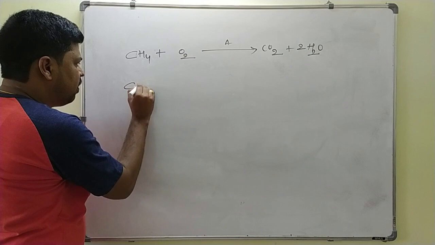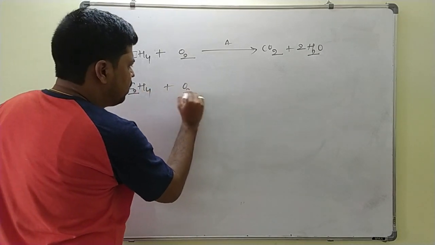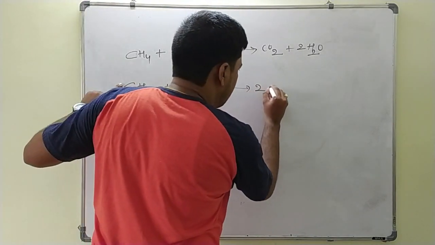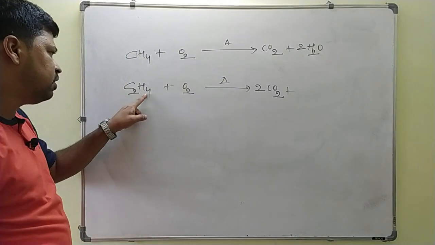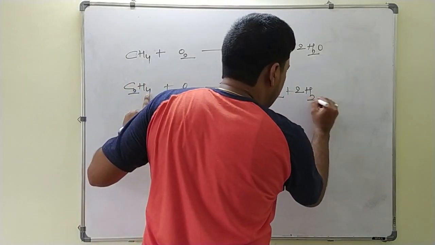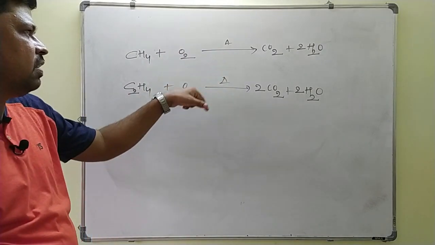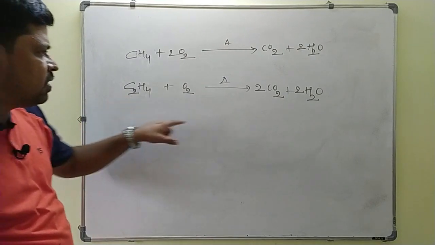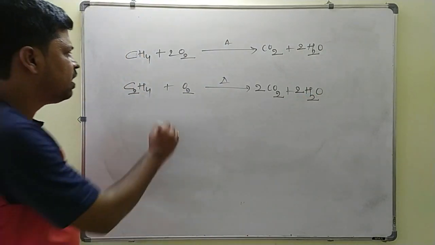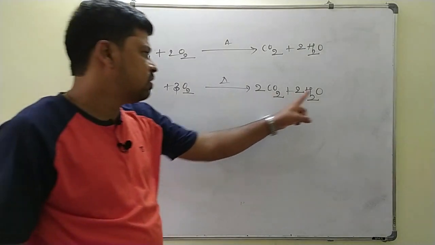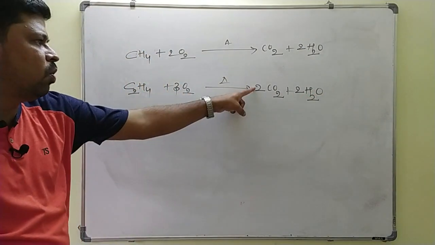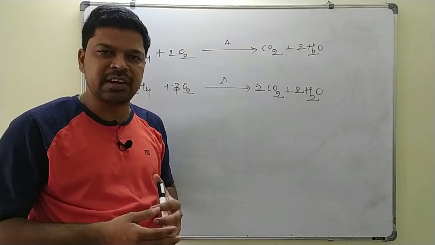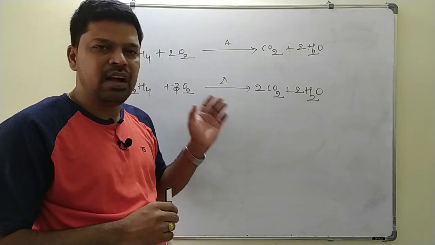You can take another example. I will take C2H4, this on heating with oxygen. So if you heat this one, what happens here? 2 carbon, you take 2 moles of CO2 plus total hydrogen is 4, you form 2 moles of water molecule here. Here you have to balance the oxygen. How many oxygens here? 4 oxygens are there, you take 2 times O2, and here how many oxygens are there? 4 plus 2, 6 oxygens are there, you take 3 times O2, 6 oxygen, and this is 6 oxygen, 2 carbon, 2 carbon, 4 hydrogens, 4 hydrogens. So this is the reaction of oxygen with the metals, non-metals, and with the other compounds also.